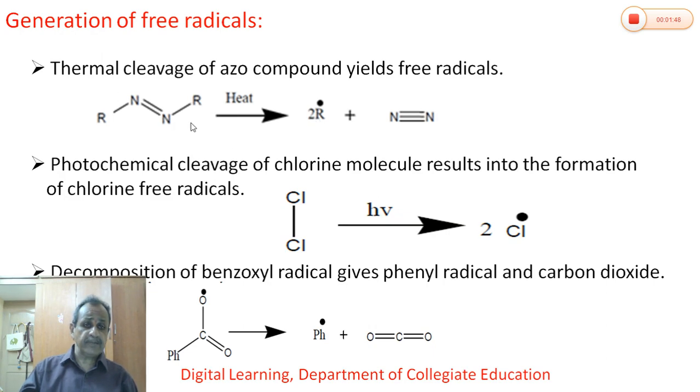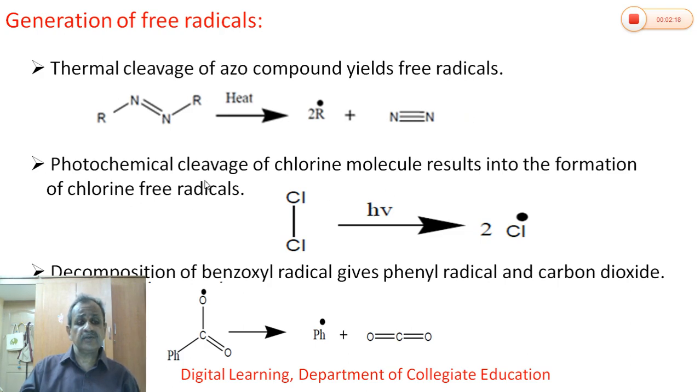Again here the bond between nitrogen and carbon is broken homolytically, and we get one electron on carbon, so we get two alkyl free radicals. The electron on this nitrogen and the electron on that nitrogen form another bond, so we get a triple bond nitrogen molecule. By the elimination of a nitrogen molecule, the azo compound converts into alkyl free radicals. Free radical is generated in this reaction.